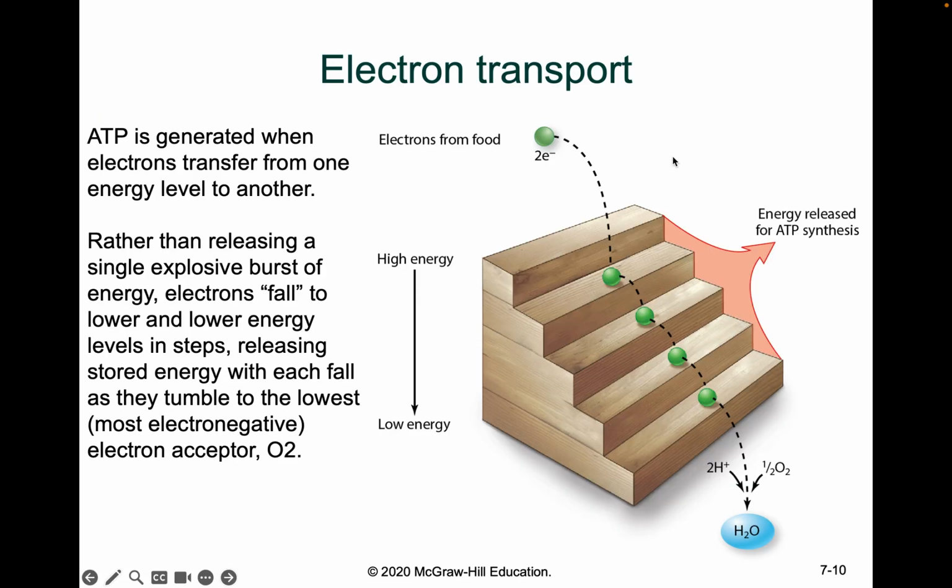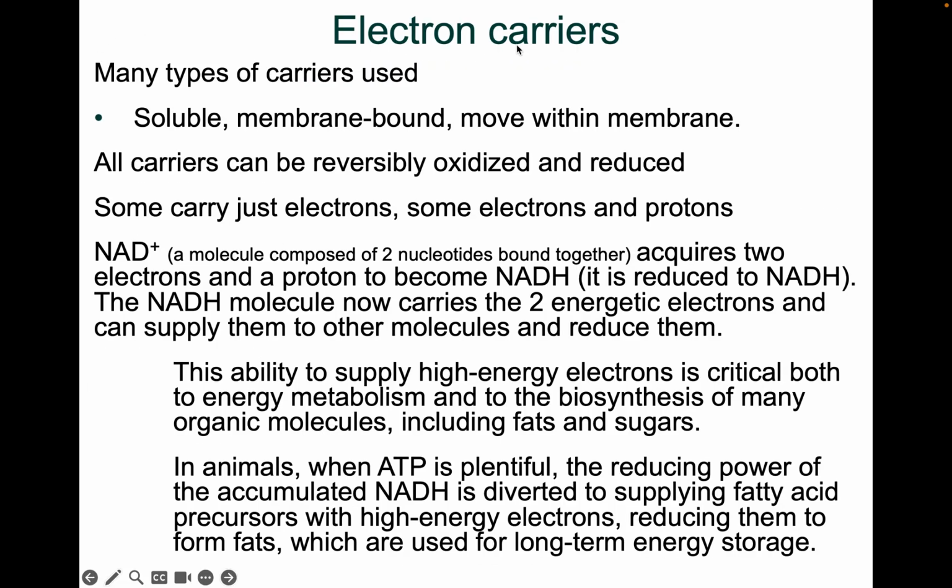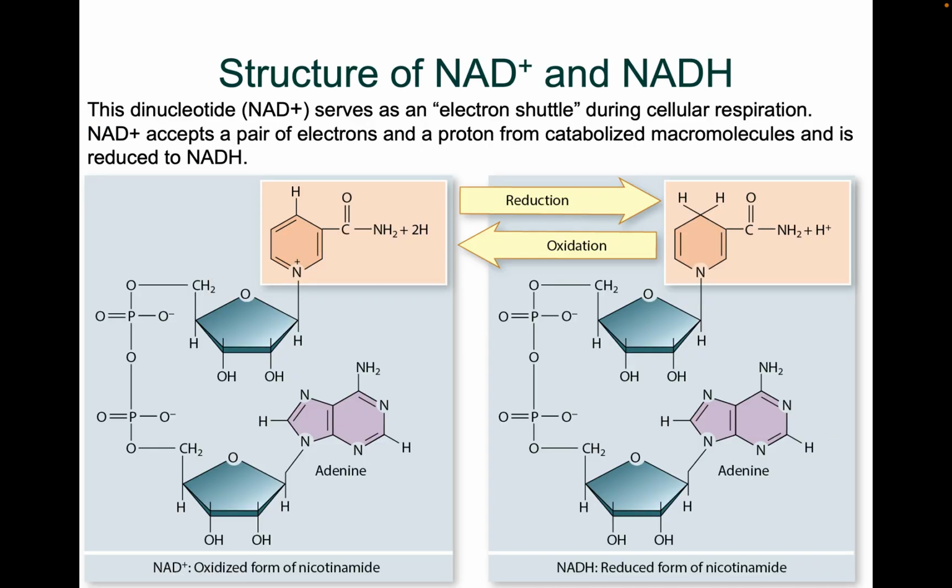So as we said, to go from here to this step, you need electron carriers. So basically the NAD. These are the reducing compounds, the ones that are going to be reducing. And these are called electron carriers. And one of them that we know is NAD, nicotinamide adenine dinucleotide.